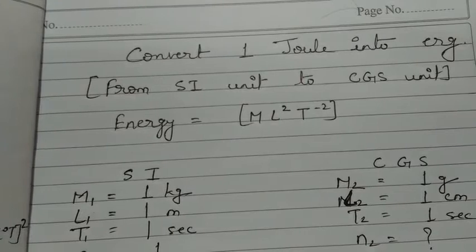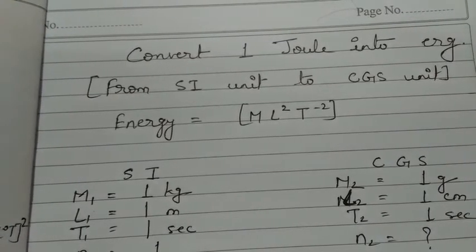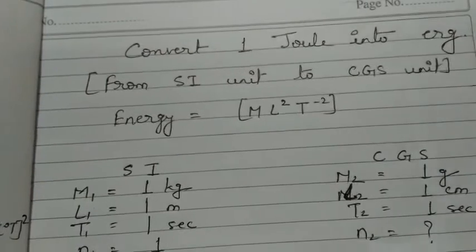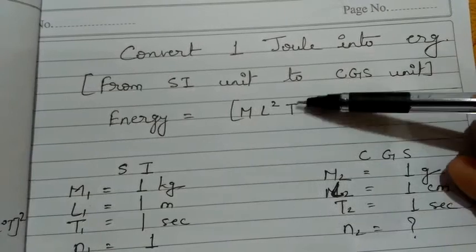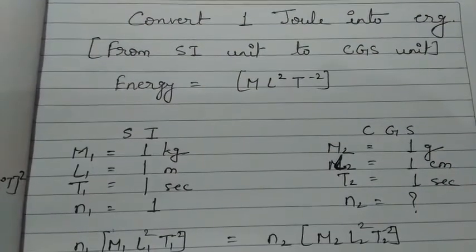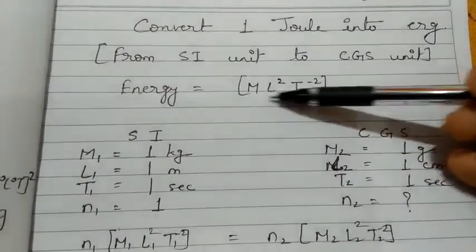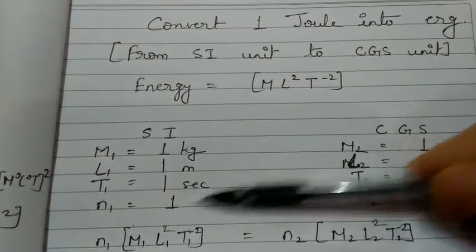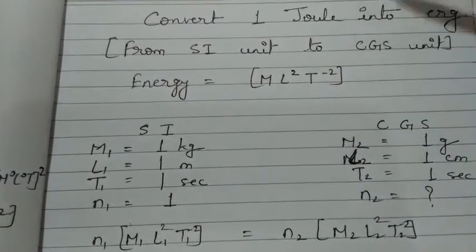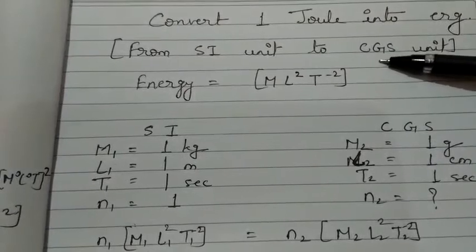And we should also know that joule is the unit of which physical quantity. So it is the unit of energy. So first we have written the dimensional formula of energy, M L^2 T^-2. Because joule is related to energy, we should know the formula of energy, which is M L^2 T^-2. Now on one side we will write the SI unit system and on the second side we write CGS. Okay. Now what is the known unit here? The known unit is SI and the unknown unit is CGS.